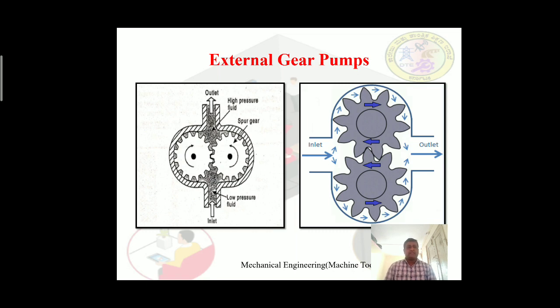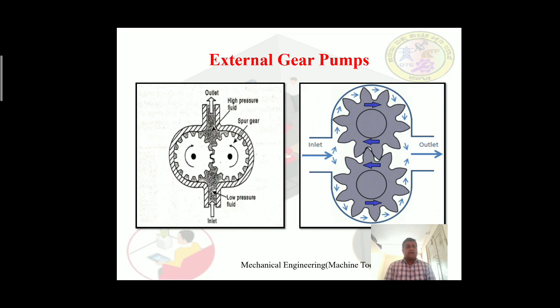The gears and casing are arranged in such a way that the gear teeth are in contact or mesh and have a sliding gap with the casing, as shown in the figure. Please note there is a sliding gap between the teeth and the casing. Only then is it possible to run easily and smoothly inside the casing. If the sliding gap is not provided, rubbing action will take place, there will be no movement of the gear, and no fluid will pass between the casing and gear teeth.